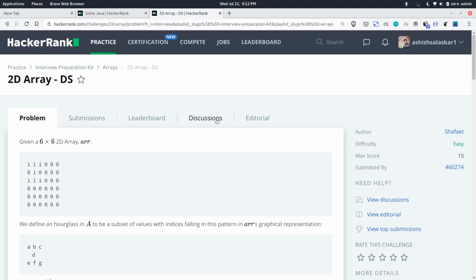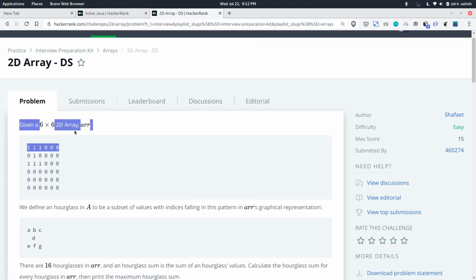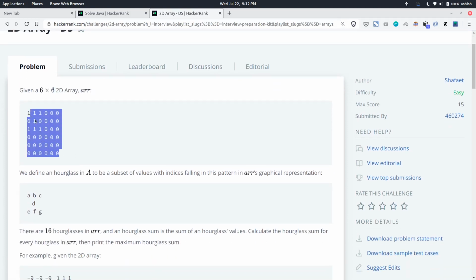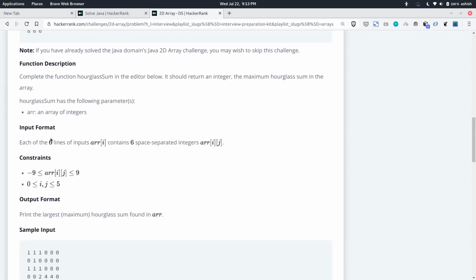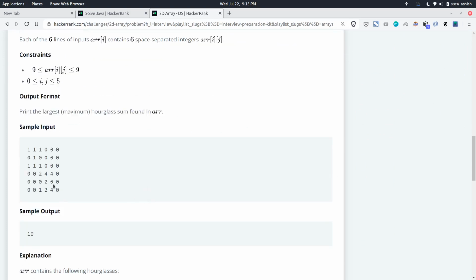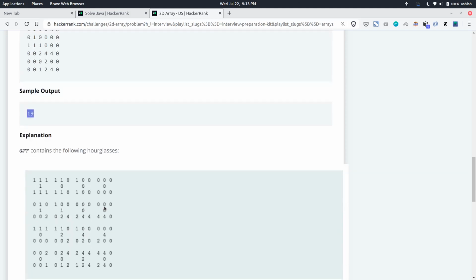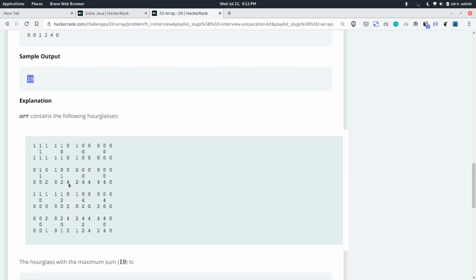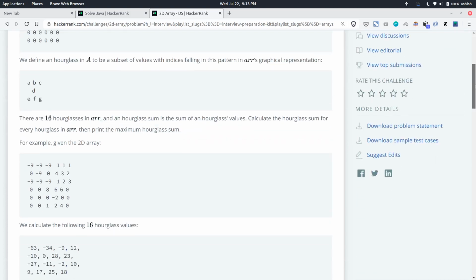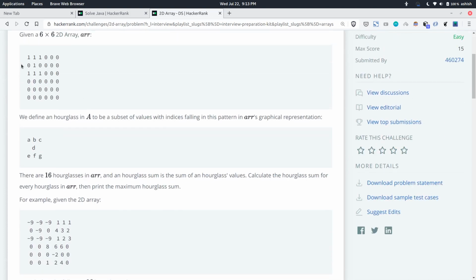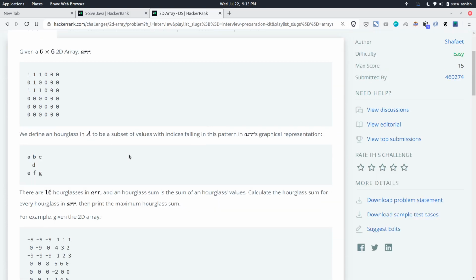So the procedure remains the same. You read the question, given the description here. Okay, so this is all the information what you need to do. So what is the input and the constraints and the output. So they also give you one test case. So this will be the input, the output, and this is what you need to print. Okay, so this is a medium level question. So you need to go through all the description and solve it.